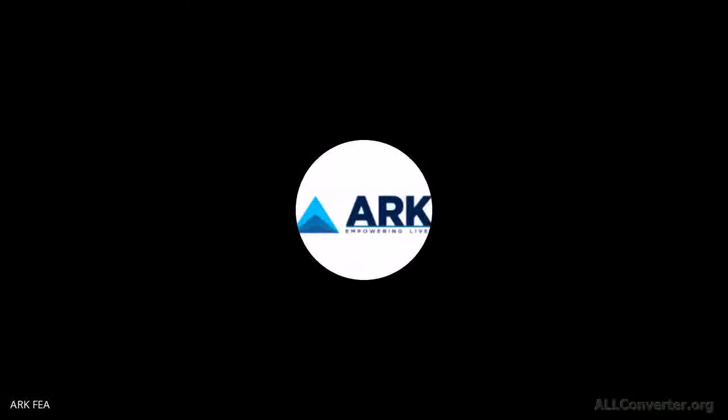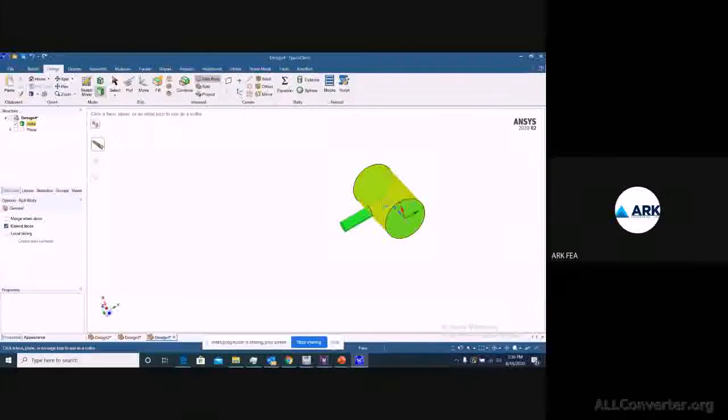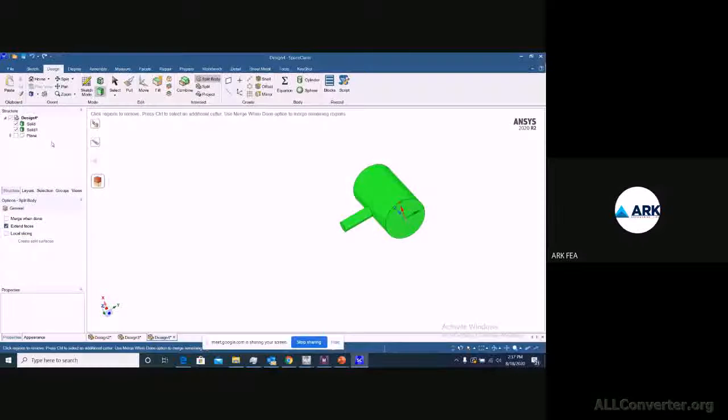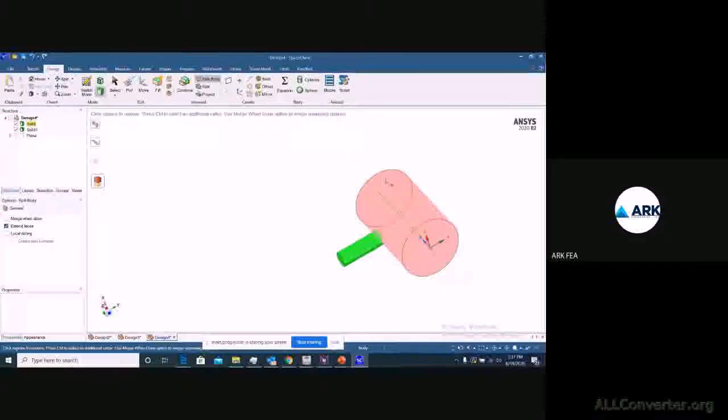As I told you, I can split a body and give a reference. Last time we used a plane, but here we have an external surface which can play as a reference. So you can just take this, and you have two different solids.